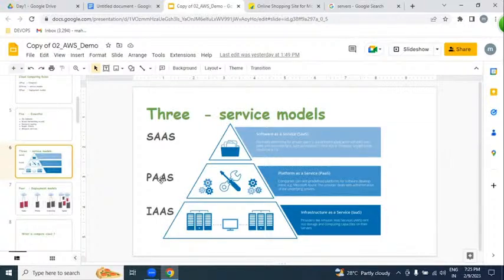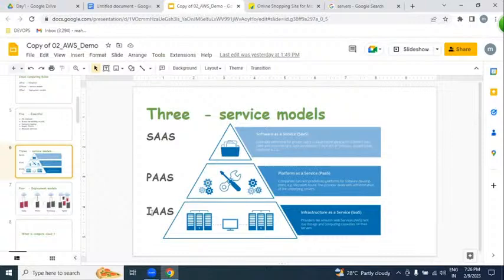If we want to execute the code, first of all we need hardware, then an operating system, then install Java, and only then can we execute our code. But PaaS is not like that. We don't worry about anything. We can directly execute our programs in the cloud without any worry about hardware, software or operating system. Then IaaS, infrastructure as a service.